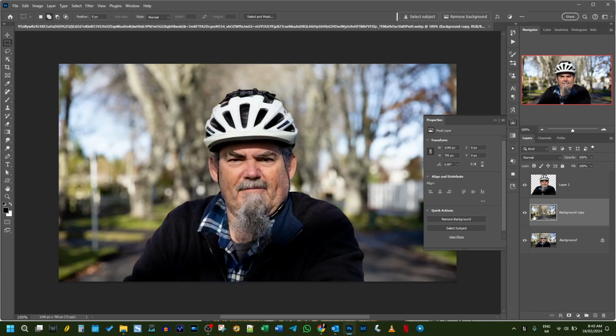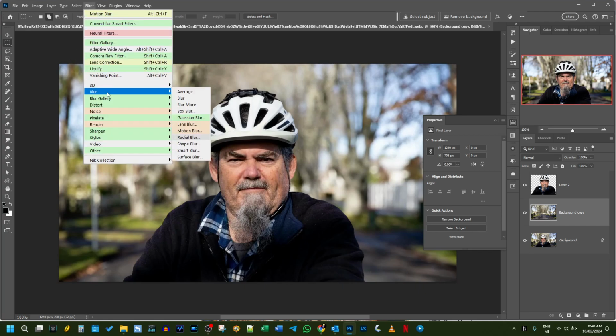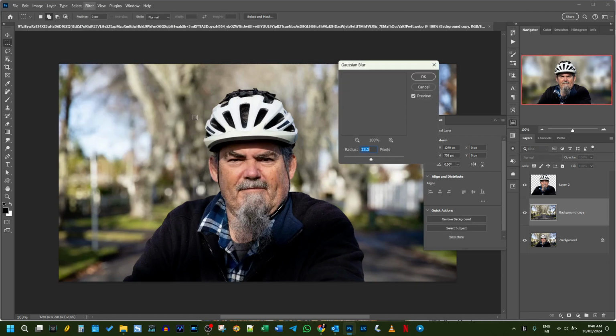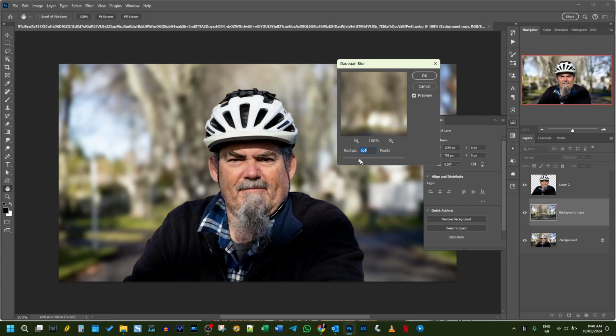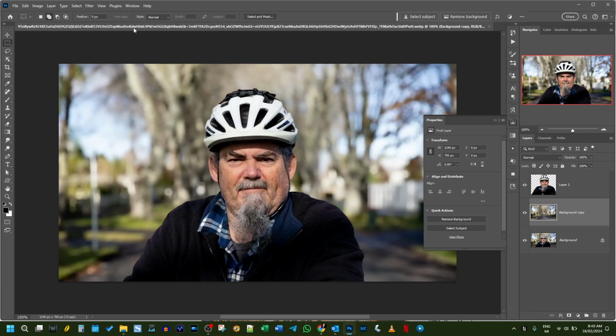We've got me. Now, leaving me sitting there is good enough. We can go to our blur and pick Gaussian blur and blur the hell out of it, and notice there's no ghosting around the edge. So we might do that, or we could go